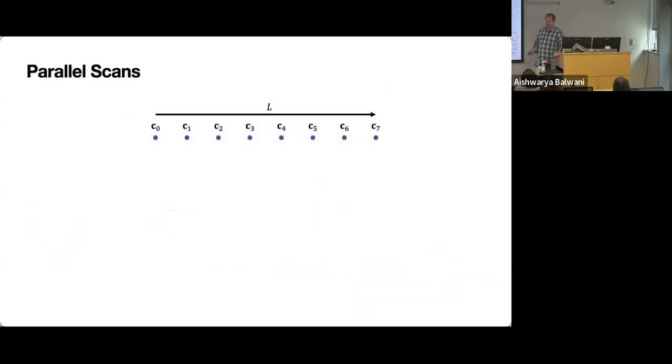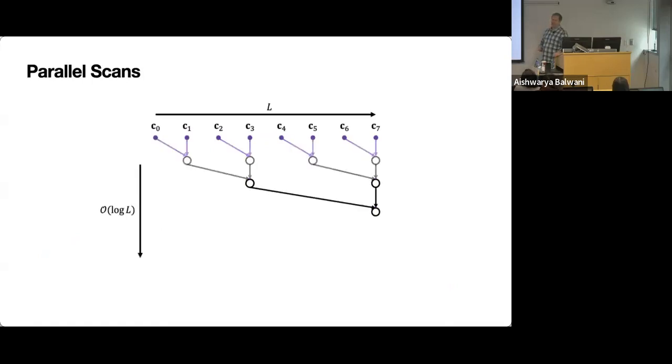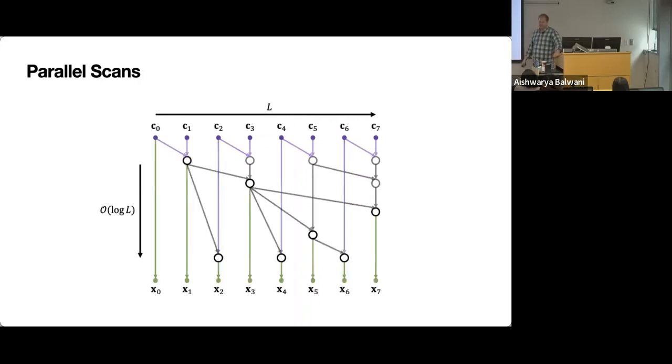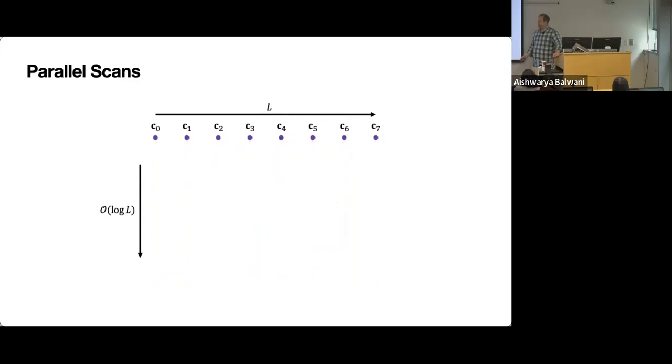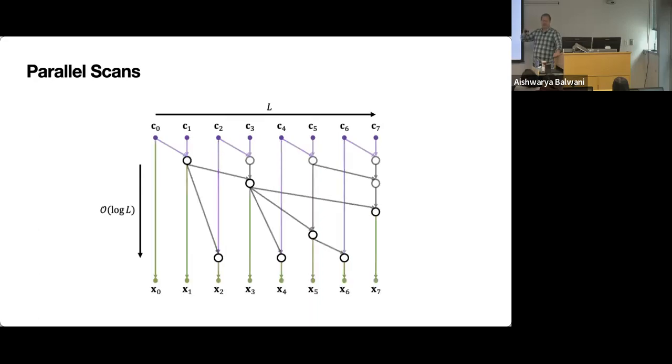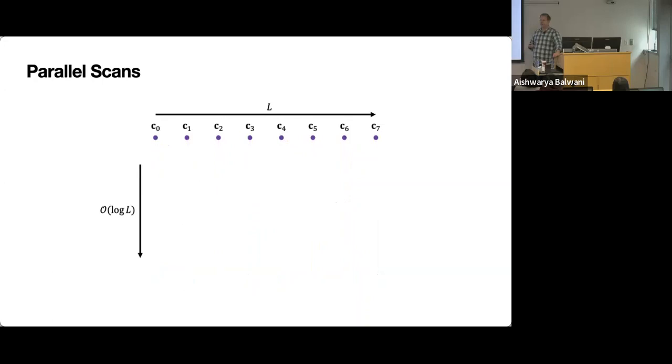Now, if I had a bit more time, I would really walk you through all the details of this. Parallel scans are, again, textbook things that computer scientists and numerical algebra people have known about for a long time. All they do is take this linear recursion that looks like it should take order L time, and on a parallel machine, they are able to perform this in only logarithmic time.